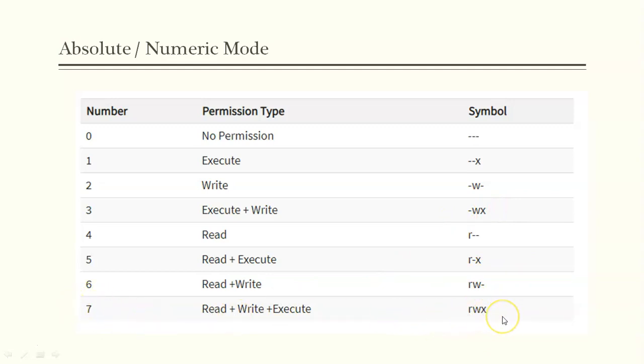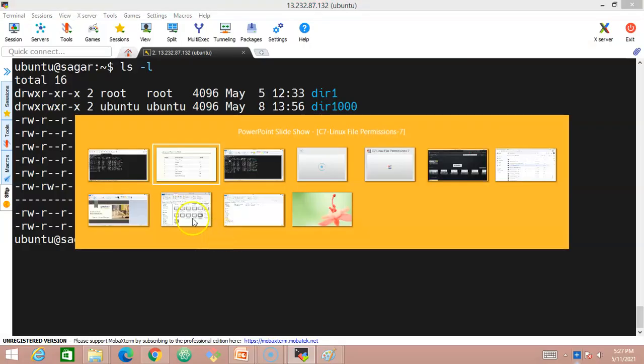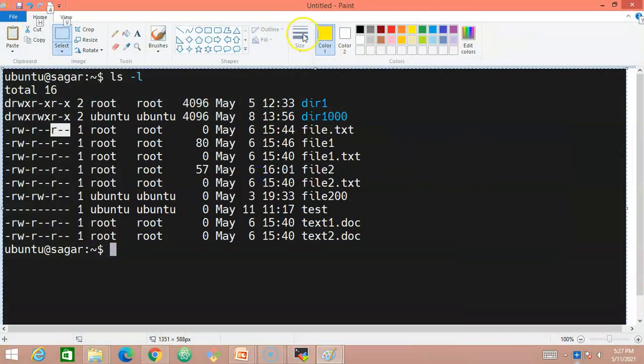So now it's time for us to understand how I can actually change the file permissions. We understood that the file permissions have specific numerical values. How can we change them then? Let us assume that we are planning to change the file permissions of text1.doc. These are the existing file permissions, but what I want is full permissions to be added: RWX, RWX, and RWX. So this is what my full permissions are.